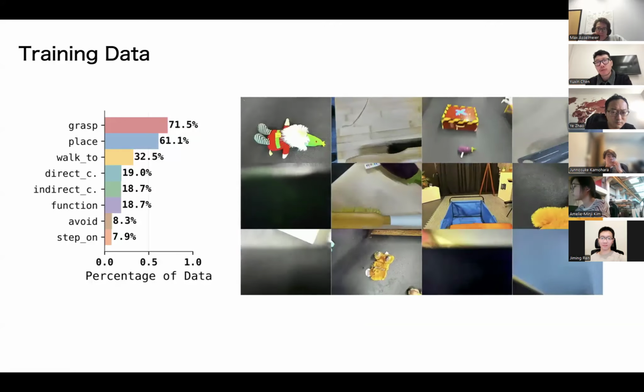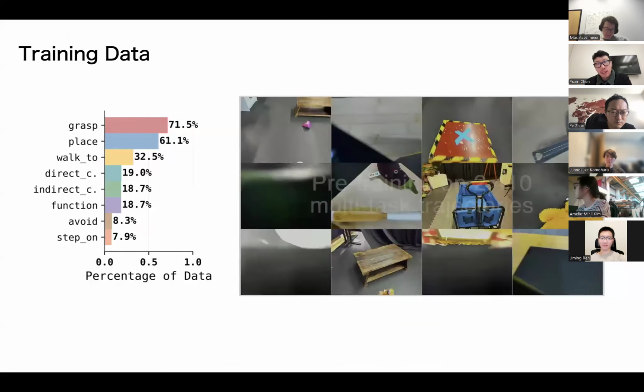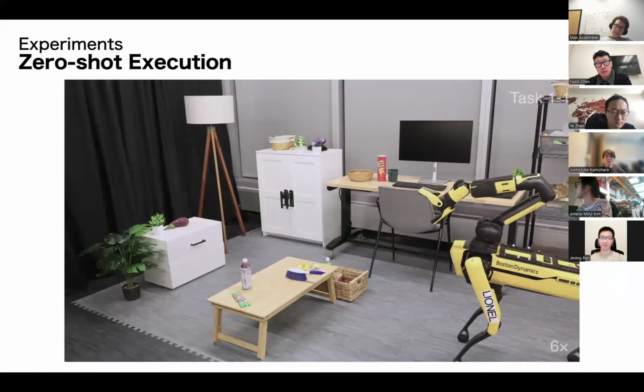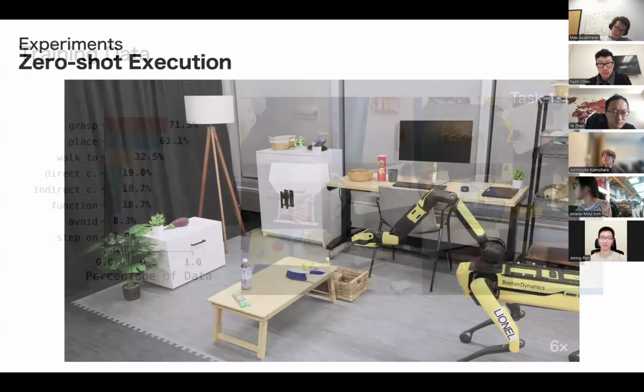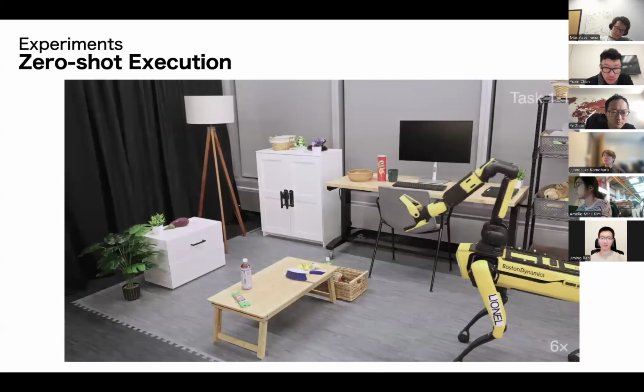So how do we train the diffusion policy? We collect around 2,410 rollouts. In these rollouts, you can see this is the in-hand camera. We just pick up something, place something onto something else, or step on something.